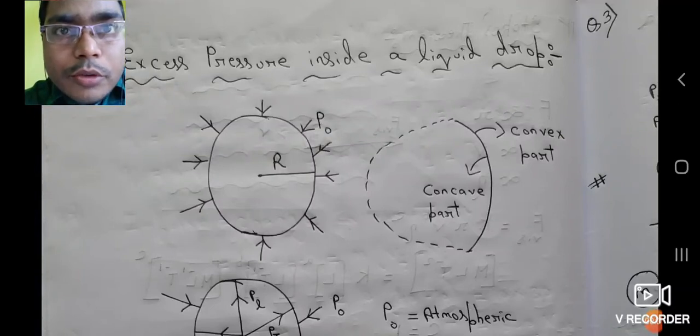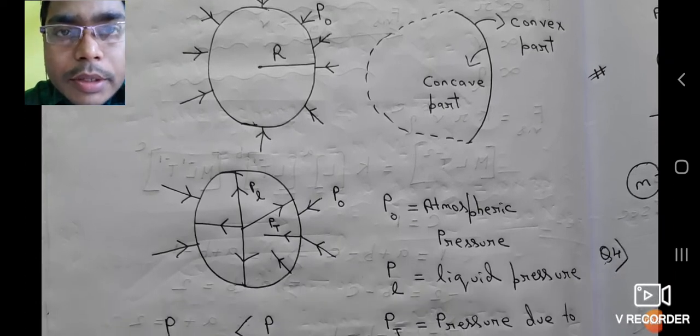So today we are going to discuss an important derivation that is known as the excess pressure inside a liquid drop. Now, when we consider a liquid drop, the shape of the liquid drop is spherical, right? Now here you can see that there are two types of pressure. One is outward pressure that is given by the atmosphere, that is represented by P naught, and there will be pressure which is acting on the internal side of the liquid drop,